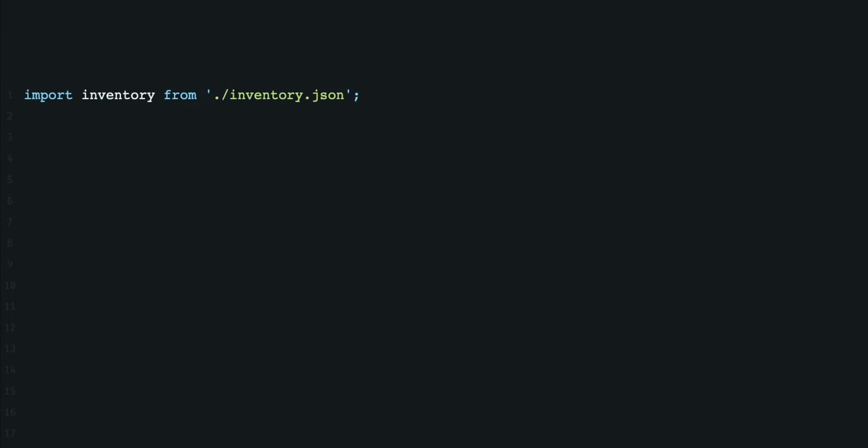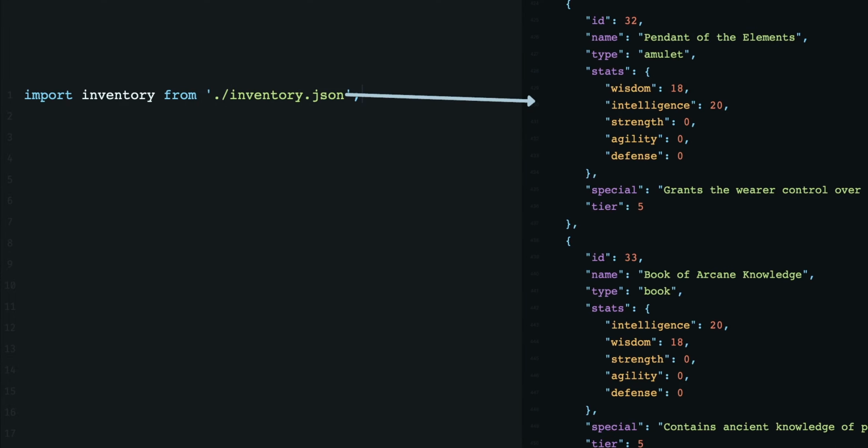In this video, we'll explore map, filter, and reduce. These tools are essential for writing code that's easier to understand and maintain. Imagine you're working on an RPG game, and you've got an object that contains the inventory of a character, and